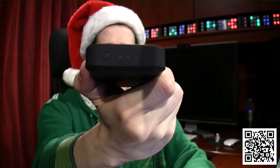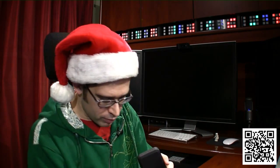I can see how much power is available here in the battery pack, depending on how many LEDs illuminate. So there's 4. There you go, so you can see it. And then there it is on the back. So the reason why I don't have it on me all the time, or I'm not using it all the time, is because inevitably most of my iPhone cables or charging cables will accommodate, like, the dock connector. So...